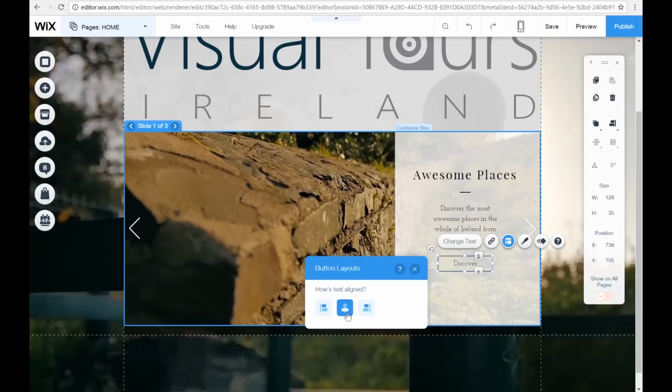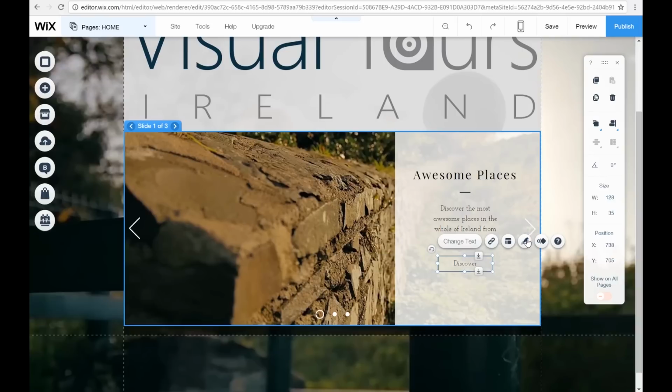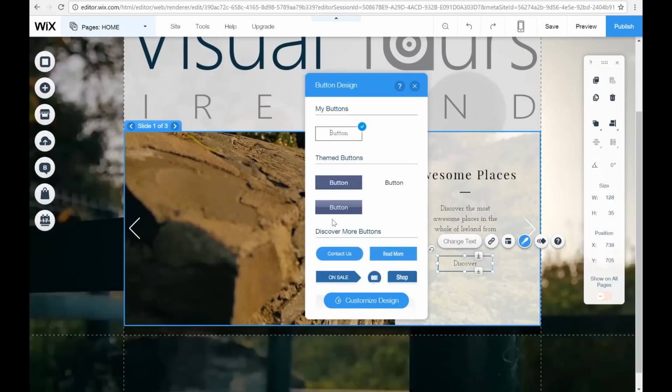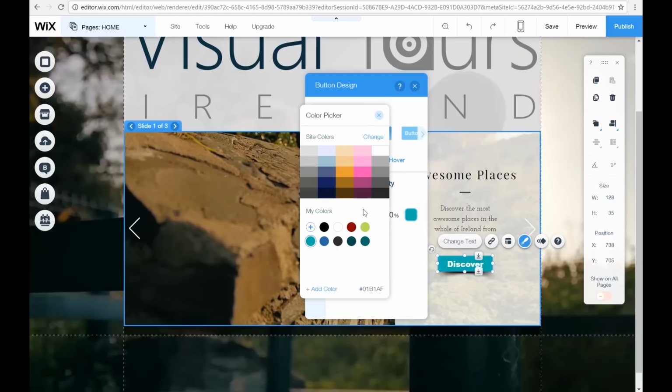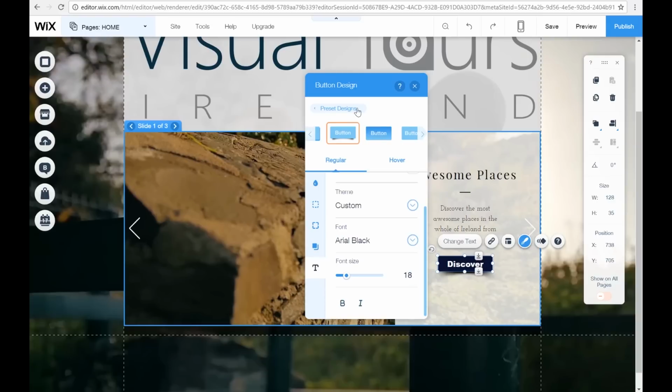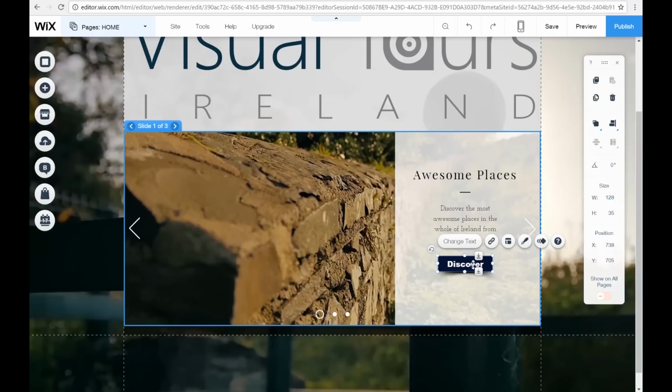Going to have a look at the layout. Once again, how is the text aligned? We're just going to keep it centered, and we're going to have a look at the design. So there's all different types of buttons here. I've just selected this button, and we're going to change the color. To this, we are going to keep all that the same. The only thing we're going to change